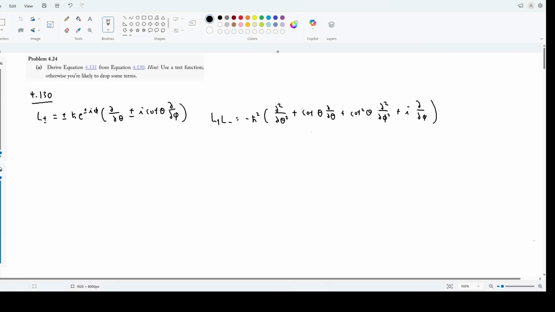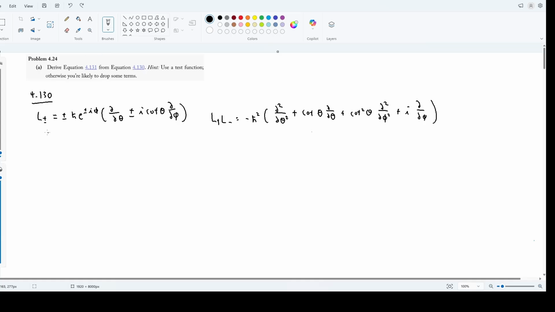Earlier in the section, we were shown the spherical representations of the ladder operators, and we were told that applying L plus onto L minus onto a state is going to give you this expression right here. This was not actually derived in the chapter. It was simply given to us because the actual derivation process is a little bit too involved and it would shift the focus of the chapter away from what it was actually trying to teach. So now that we're done with the chapter, we can go back and actually prove this derivation for